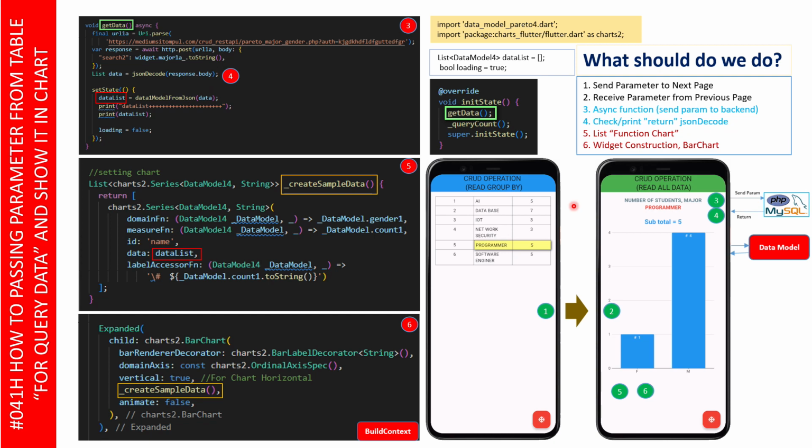At this moment I would like to show you how to develop mobile apps by using Flutter.